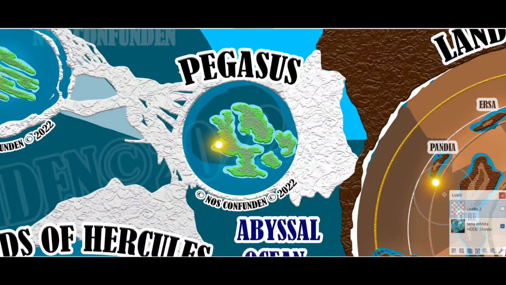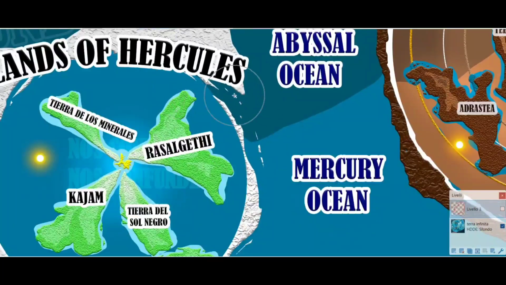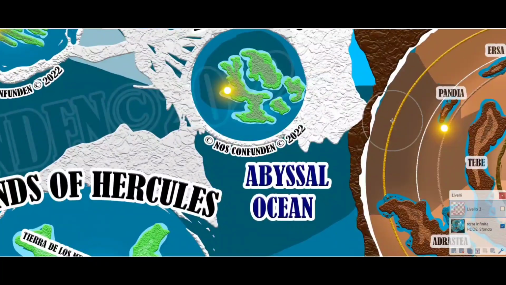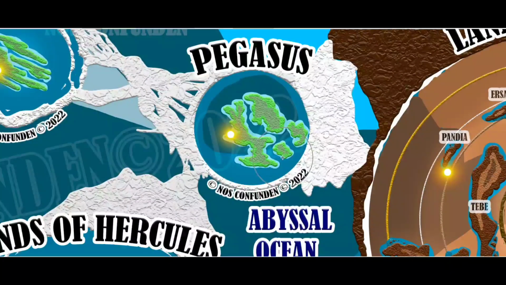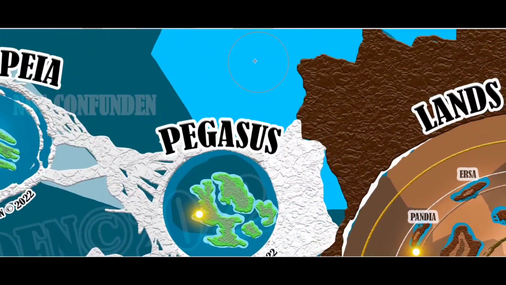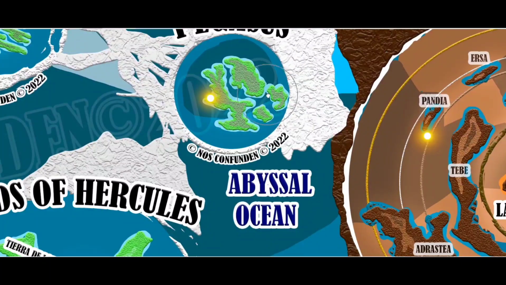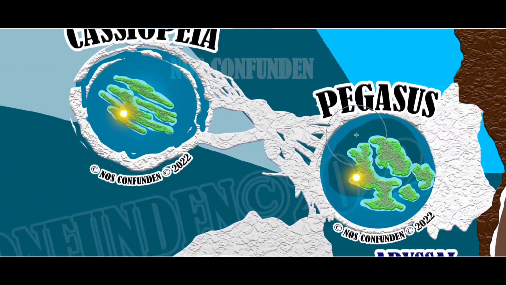The only thing that I can see is that maybe it's referring to the fact that since it's not really connected to any, there's no connection you can see here or here that makes it so that you can just arrive to it by sea, then maybe what it is referring to is the fact that just like Pegasus, you have to arrive to it through the sky. So somehow you have to go above the ice walls in this case, and actually reach it from the positions from the sea, and then reach the lands in it. But that's kind of all I got on Pegasus, honestly.